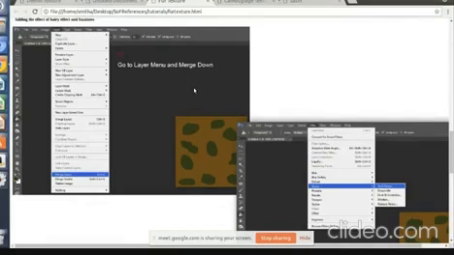The moment you click on stroke, it will ask you to enter the size of the stroke. The size of the stroke can be 1 px, and the color of the stroke you can keep mustard color. Mustard is somewhere between dark green and this brown. Mustard yellow color you can select.